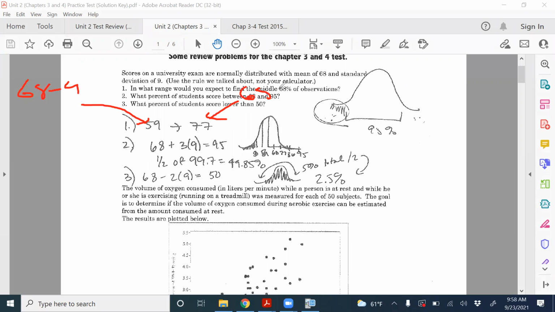68 plus 9. So you don't really need to use a calculator for number 1, because you know that the middle 68% is within one standard deviation. So you don't really have to do that if you don't want to. If you wanted to, then what you would do